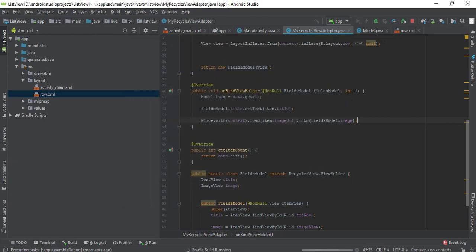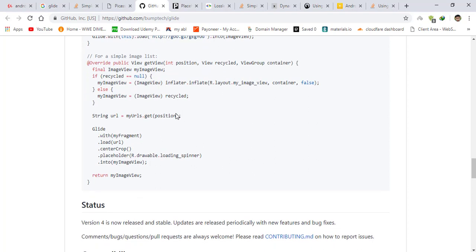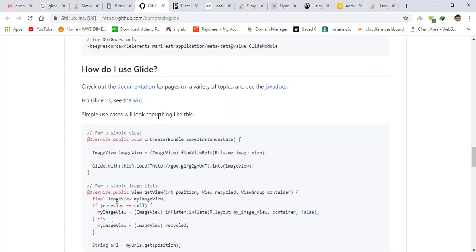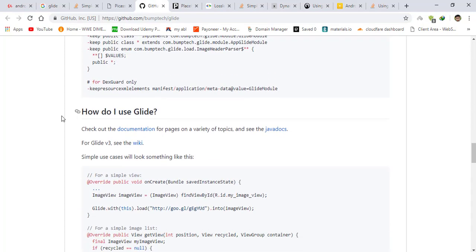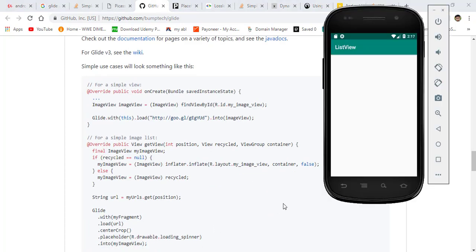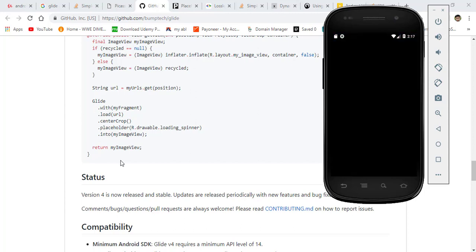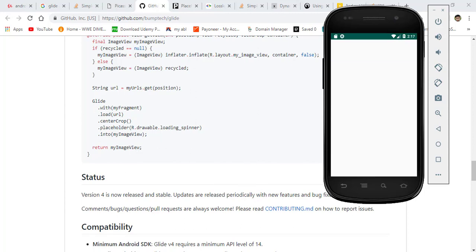Let me run it again. So this way you can use any library, and if you search for any library, there are the usages given on internet, so you can use those usages to use that. For example, here they have specified how do I use Glide, so there are different ways of using this library. The most popular one I have shown you, and the most easiest one. We can also specify some attributes on an image like center crop or something like that, and it's launching,